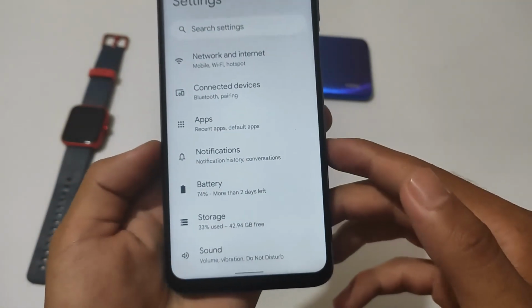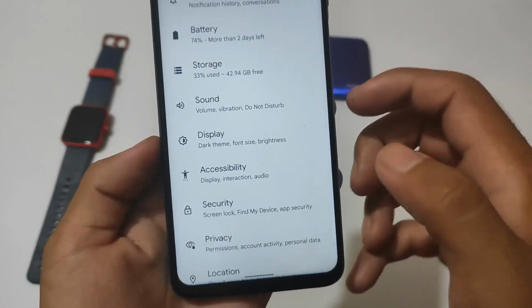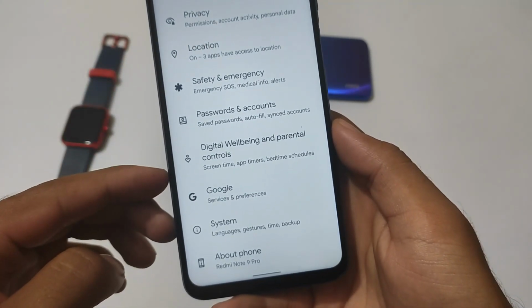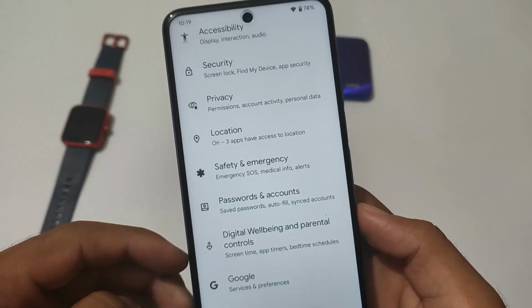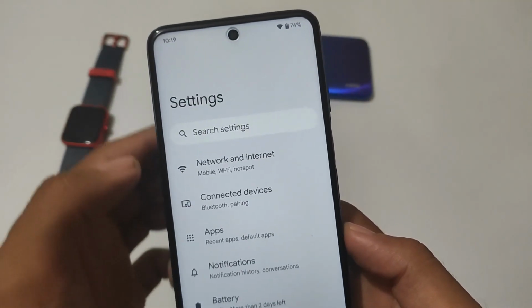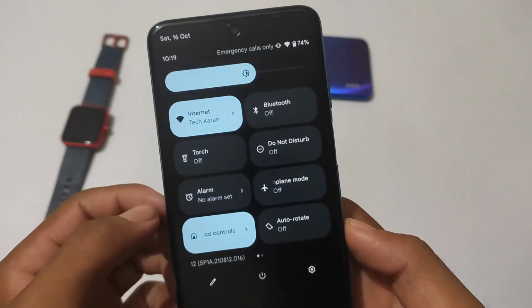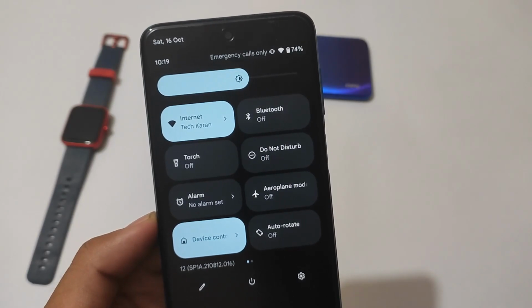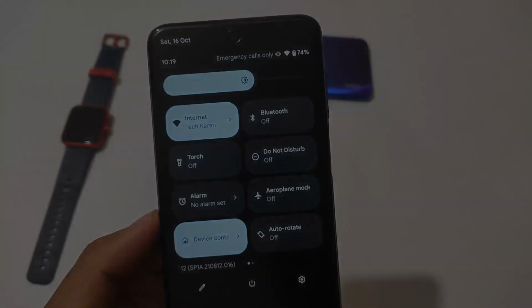For example, Monet. Monet is of course available in this build, but it's an unofficial build. But some custom ROMs do not even support the Monet engine. If you don't know about the Monet engine, that's Material You theming in Android 12, and I'm gonna share with you how to get that. By the way, I made a specific video on that too on my Hindi channel, but I think most of the users are not aware of that. So let's get started. Let's find out some things which you get here.